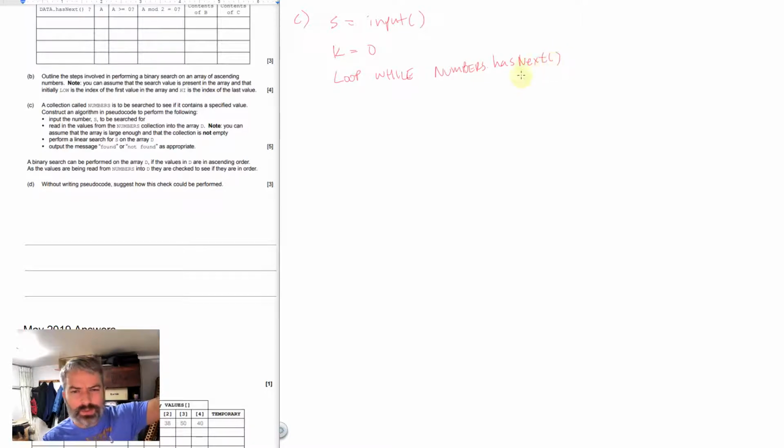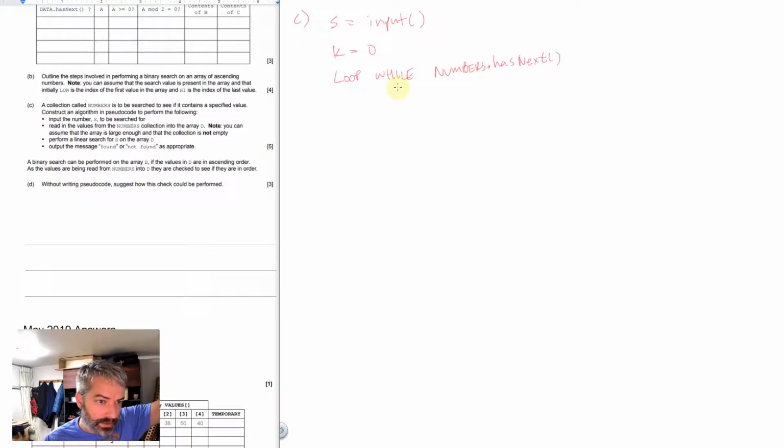There's probably different ways we can do this, like we talked about. We could use a different value for the index here, like M or I or whatever, and then apply that to numbers. I think this is going to be a little bit easier because we don't know the size of numbers. There's other ways we can get around it. We've talked about three different styles of loops for this. But okay, so loop while numbers has next, and then we basically want to put the values from there into